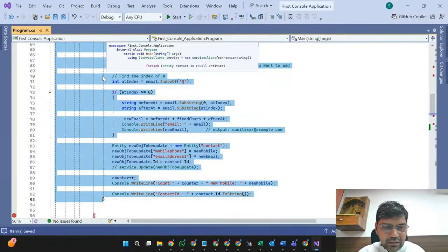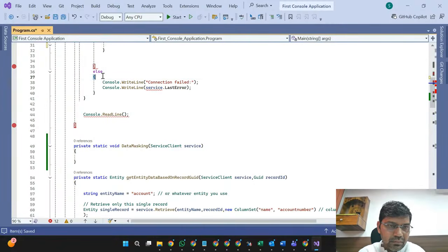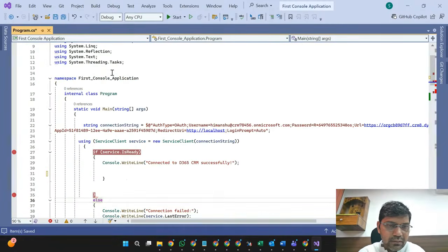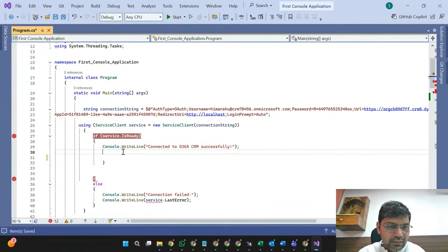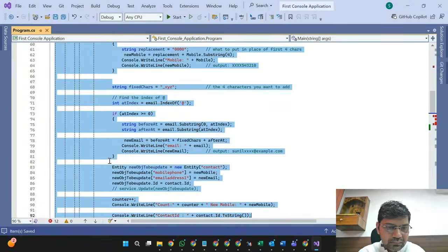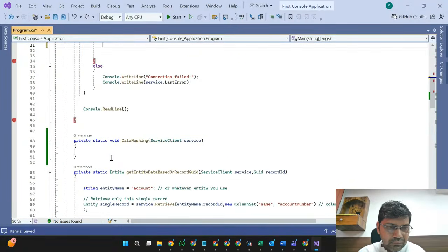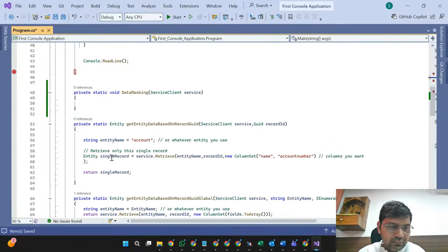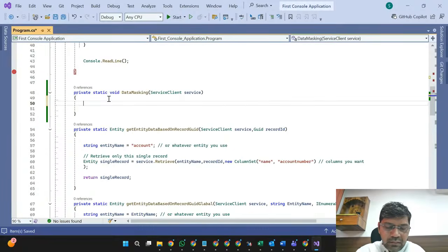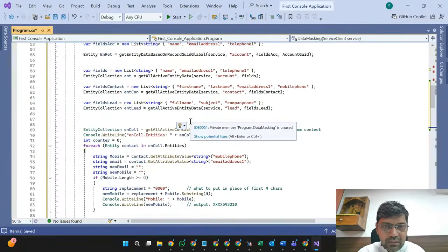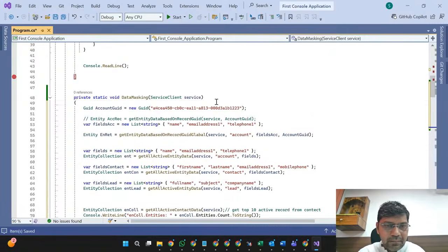So let's try to, here this is the function name.